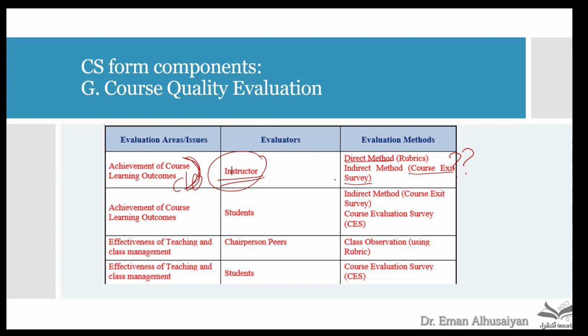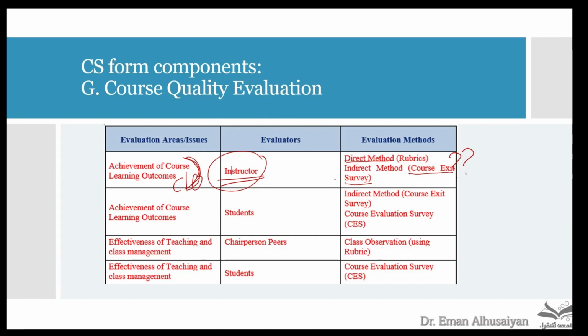You can design your own survey to measure students' achievement of the CLOs of your own course. This will be good for you, especially if you are going to teach this course again and again. It will give you a clear insight of the points of weakness or strength in your course or in your